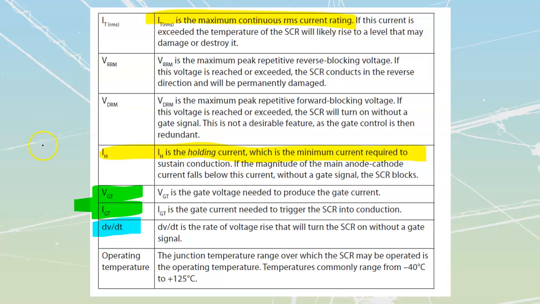And sometimes you're actually going to see this thing as dV/dt, with a Greek letter d, the symbol that we call delta. This just means change in voltage over change in time. You should have seen this already back in second year. It should be familiar to you, but it's just saying, look, if we have a really rapid change in voltage